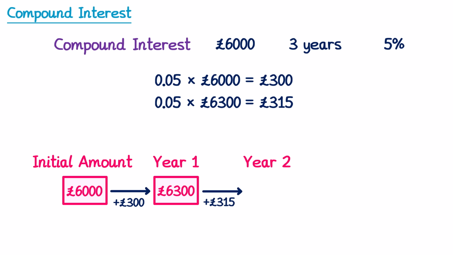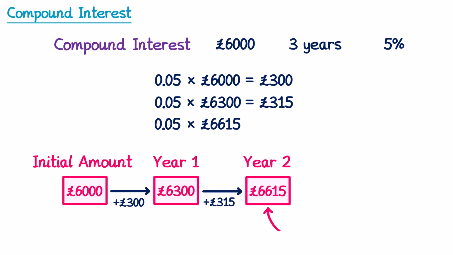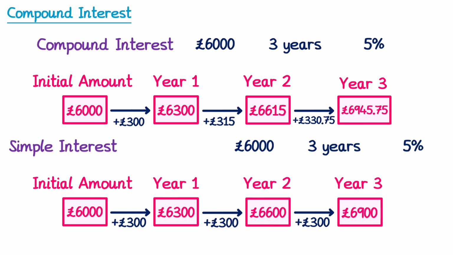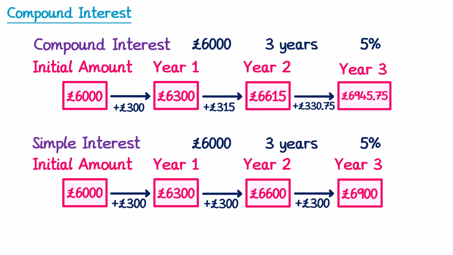This will take us to £6,615. And then for the next calculation, we'll add on 5% of this number. So we do 5% of £6,615, which is £330.75. So to calculate the amount we have at the end of year 3, we add on £330.75, which will take us to £6,945.75. You'll notice that if we compare this to the simple interest calculation from before, in simple interest, you are